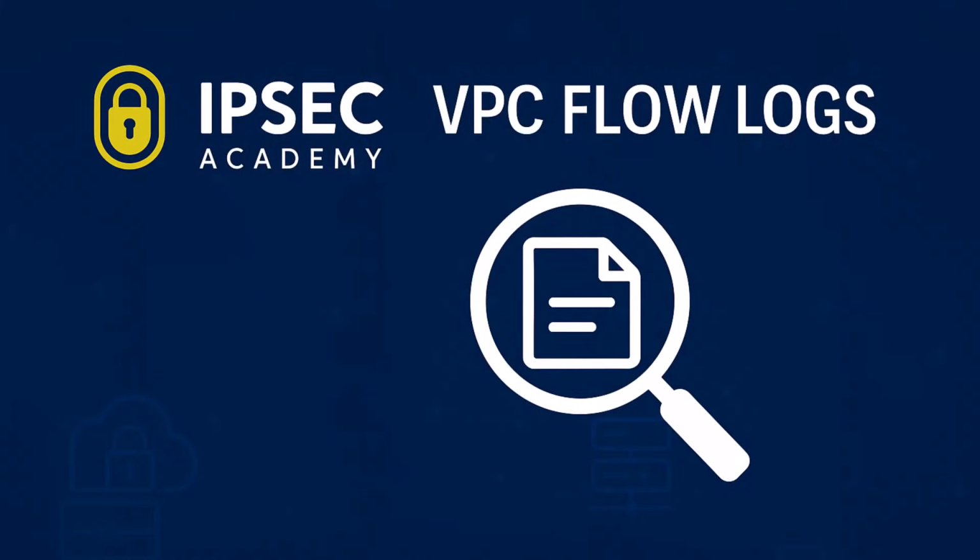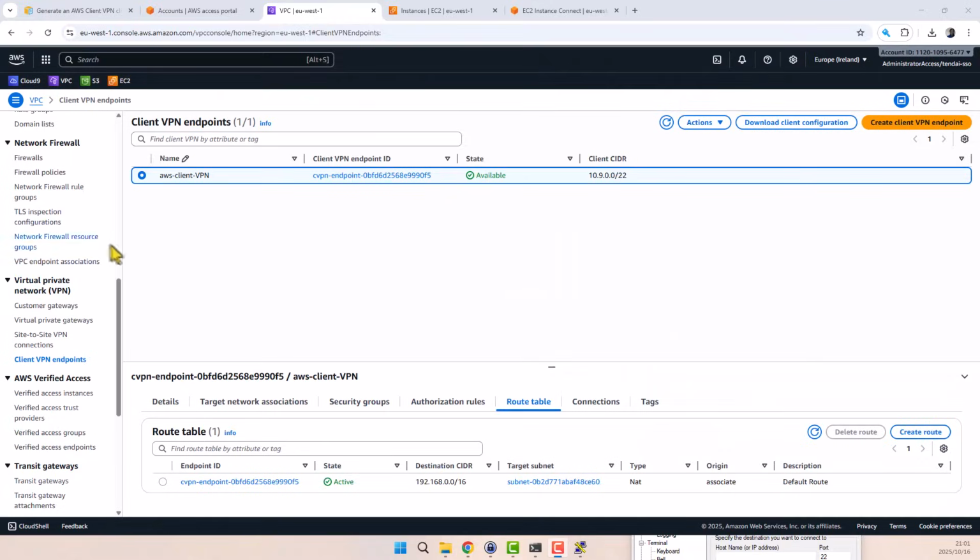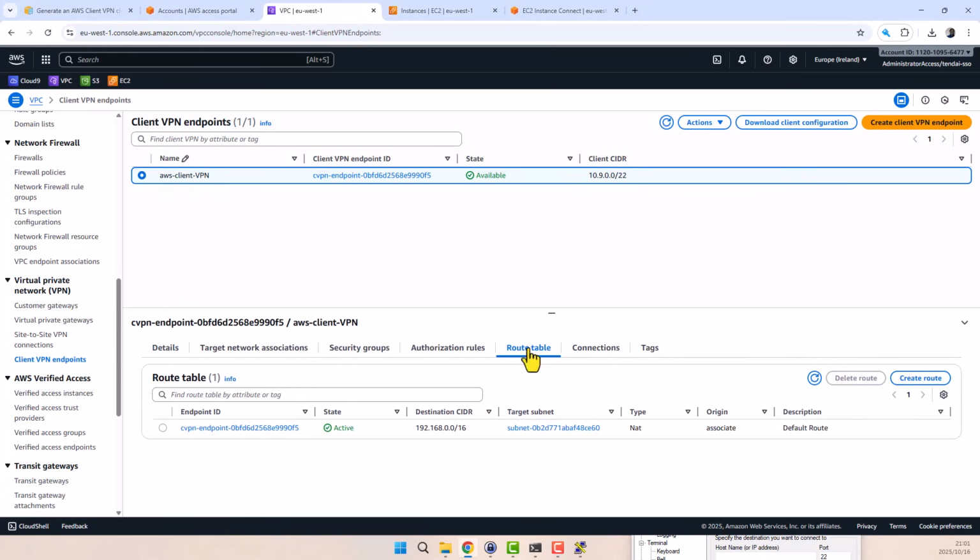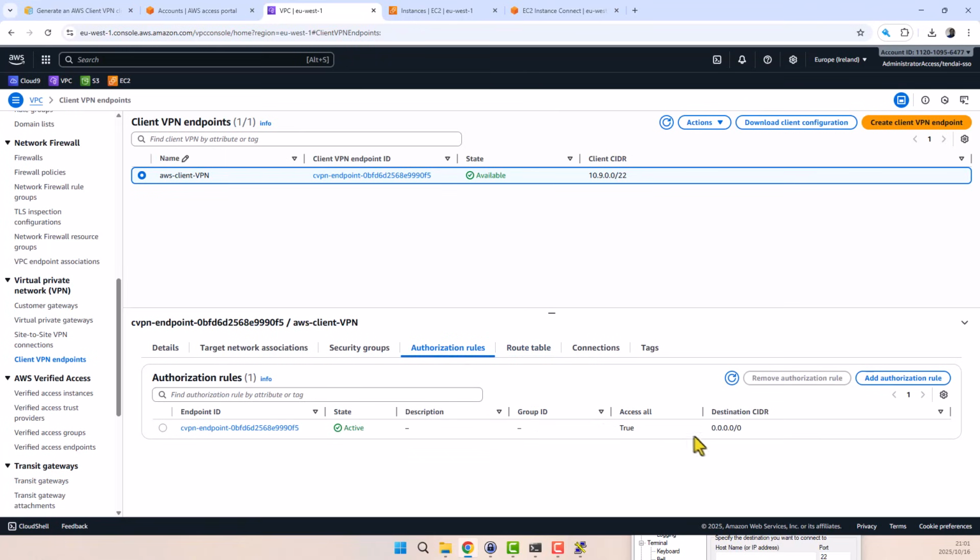Welcome back. It's time to use our VPC Flow Logs to troubleshoot AWS Client VPN connectivity issues. Starting with our AWS Client VPN endpoint setup, we already have routing configured correctly for the VPC CIDR 192.168.0.0/16. Jumping to our authorization rules, we can see that all traffic is allowed, so nothing appears blocked at this